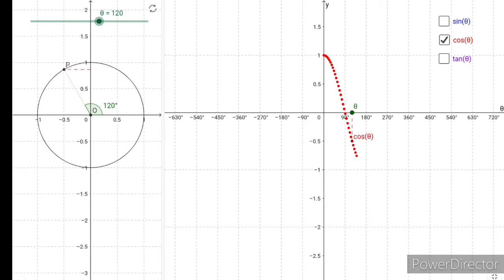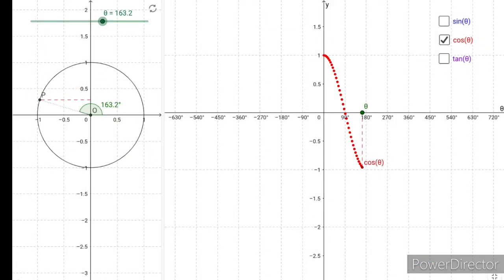Again, after 90, as the angle keeps on increasing, the distance of P is increasing, but it is on the left hand side. So the negative of a larger value is a smaller value. As it is increasing, the negative of that increasing value will decrease. If you see minus 0.5 and minus 1, minus 1 is the smaller value, but magnitude wise, 1 is greater. When you keep a negative, the negative of a larger number will be the smaller. So as theta keeps on increasing from 90, cos theta, which is the length of this dotted line, which is some negative of something, keeps on decreasing.